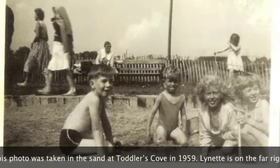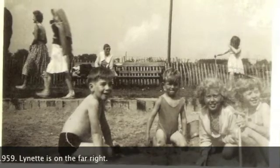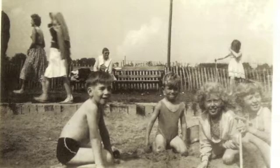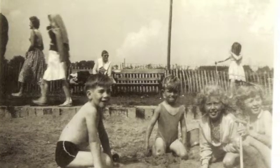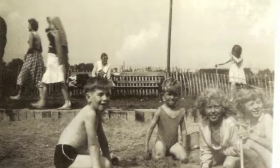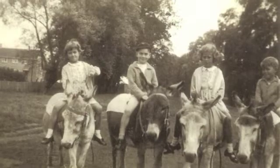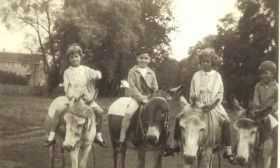So do you remember this photo being taken, Annette? I remember being down here with my cousins, my cousin David on the far end, because that was also the day that we had the donkey rides. I've got a feeling David was staying with us because his mum was in hospital having an operation, and we were probably all brought down here for a treat, especially for David. I think probably I would have been about 8 or 9 there. You're in this one as well, are you? Yeah, that's me on the end. It's not the same day as the other photo, is it? It could be,